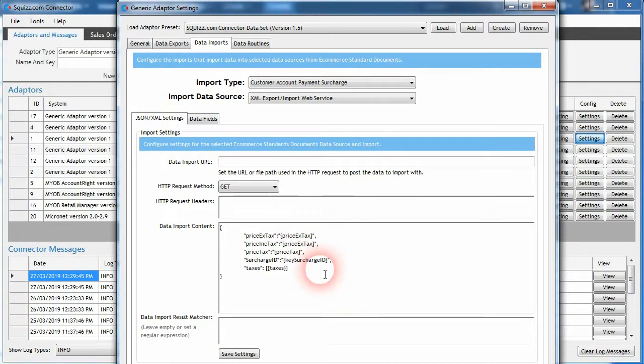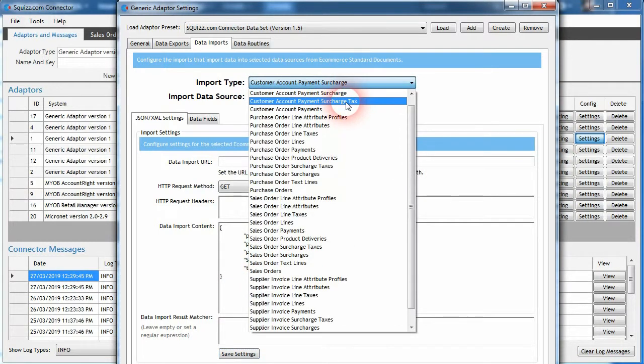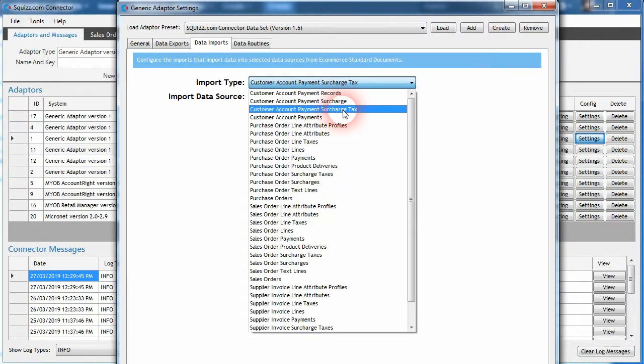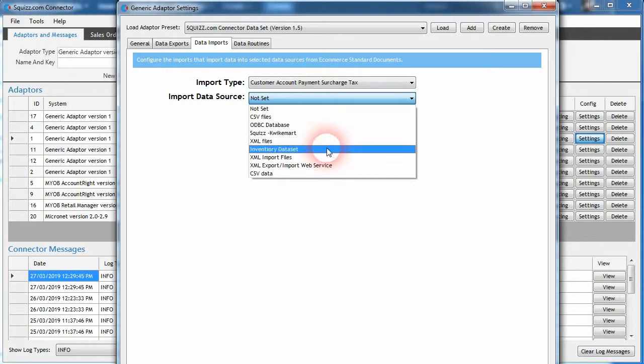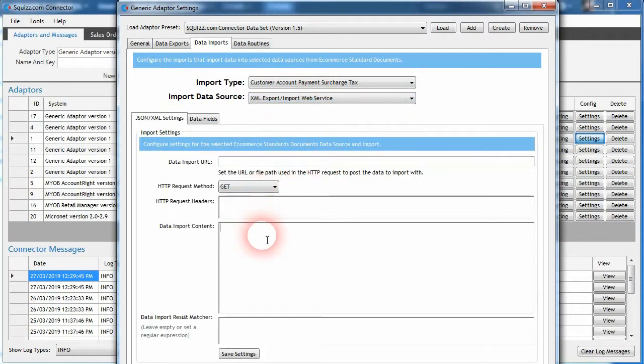So there is another hook here. It's also available for us to embed each of the taxes, or the array of taxes, that have been assigned to each surcharge record. So we can use this taxes data hook. That will then get all the records that are being configured against this data import, which is the customer account payment surcharge tax import. So if we assign that also to the same data source,